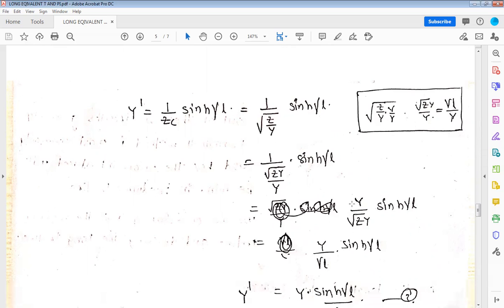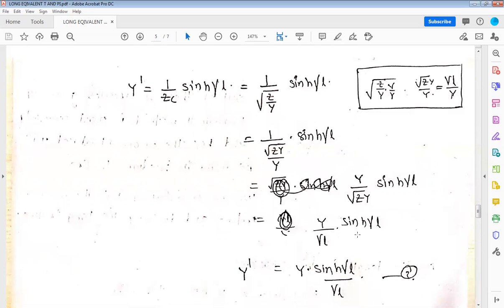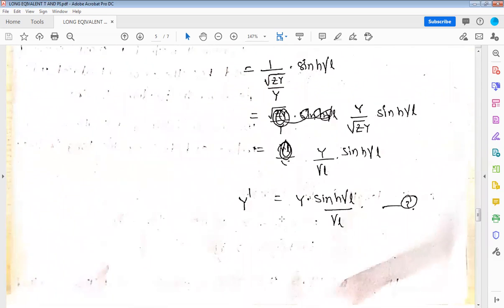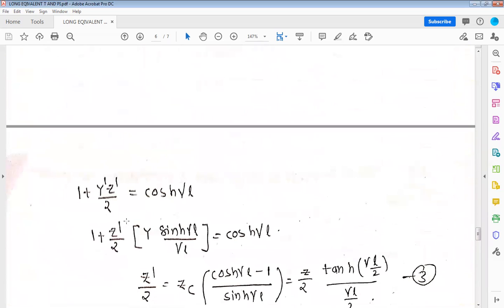That under root of ZY can be represented as the propagation constant gamma into L, Y by gamma into L into sin h into gamma L. So Y dash is equal to Y into sin h gamma L by gamma L, which will be represented in admittance form. And next we are comparing the other one as 1 plus Y dash Z dash by 2